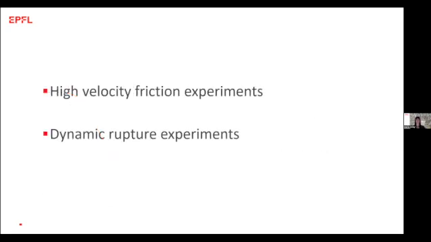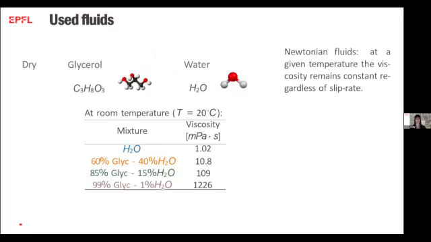So today, I would like to show you two types of experiments. The first one I will explain to you, the second, Frederica, how this viscous fluid can influence friction, and if really in rocks during the earthquake, we can follow the elastohydrodynamic theory. So I will start first with the high velocity friction experiments. So in the case of our experiments, we